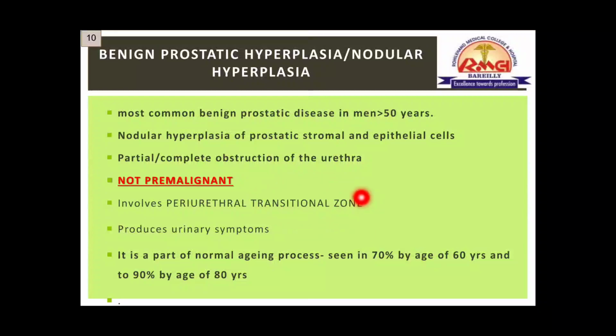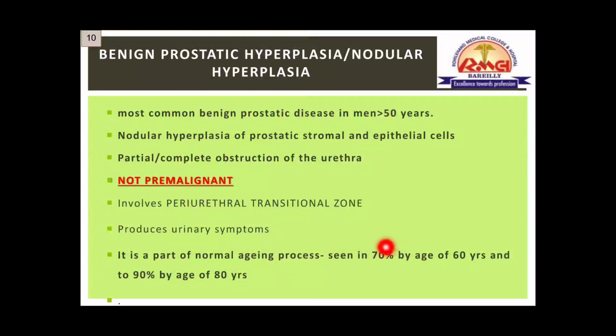So the transitional zone is involved by BPH. Now, since it causes obstruction of the prostatic urethra, it will produce urinary symptoms. It will produce obstructive and irritative symptoms, and BPH is a part of the normal aging process, and it is seen